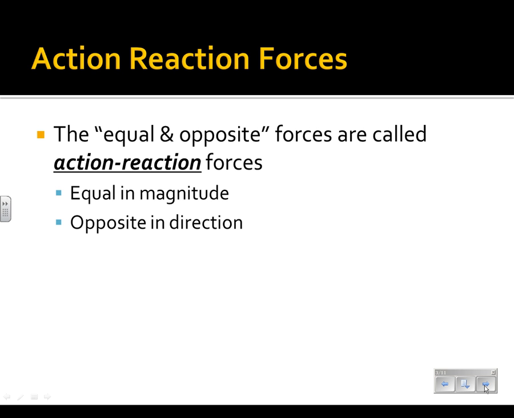If you've been paying attention for a while, this might start setting off alarms in your head. If we have two forces that are equal in magnitude but opposite in direction, that sounds a lot like another concept that we've already talked about, yes? Net force, more specifically, if they're equal in magnitude but opposite in direction, that's equilibrium, right? And equilibrium says that an object is either at rest or moving with a constant velocity. So if that's the case, what would that mean? Things would never accelerate, if this is true.